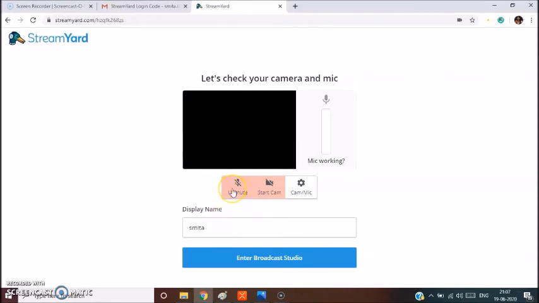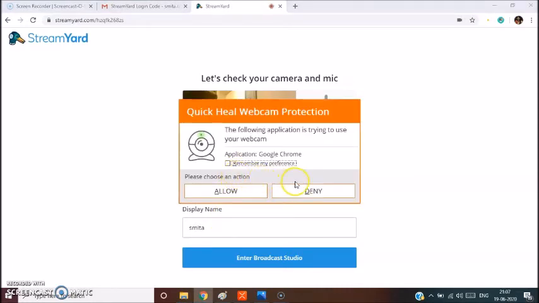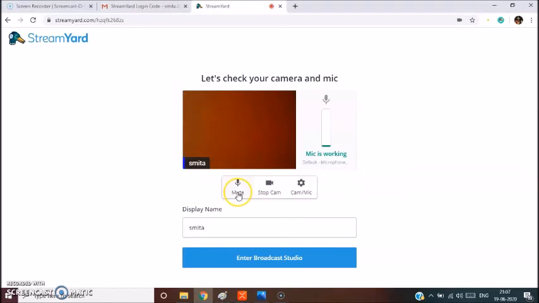We'll also check our camera and mic. Once the camera and mic are checked, it will display the name, and thereby we are ready to enter into Broadcast Studio. So click on Enter Broadcast Studio.